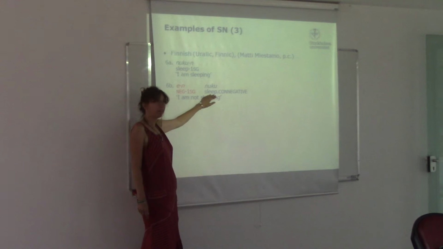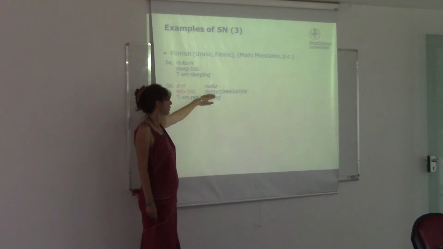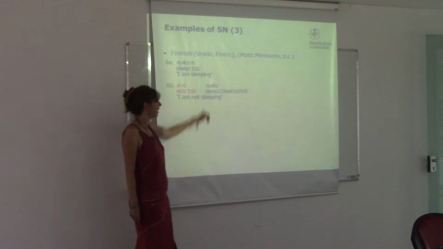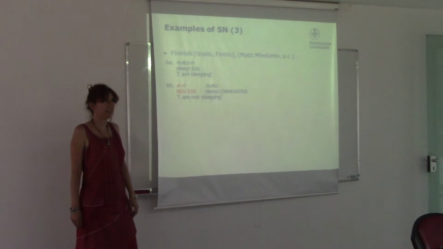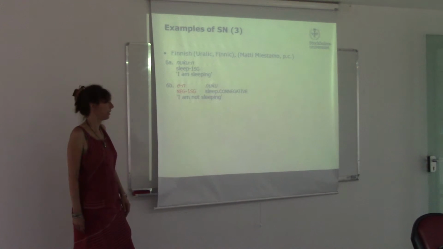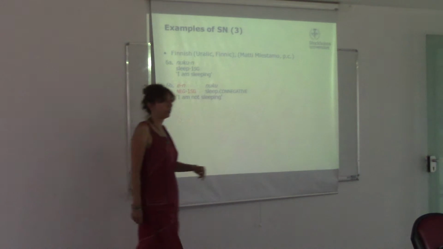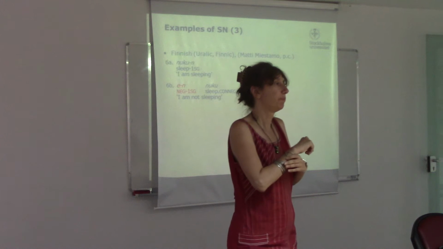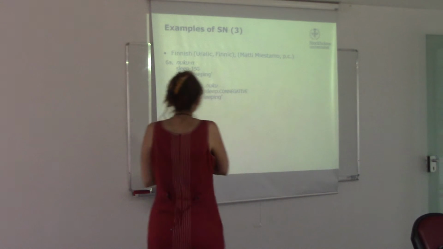The verb remains in a special form that cannot carry person and number inflection, and if relevant, it may take tense. So that's one possibility, one kind of negative verb, and this is called a negative auxiliary